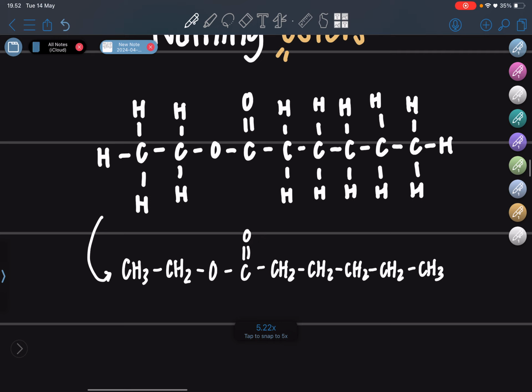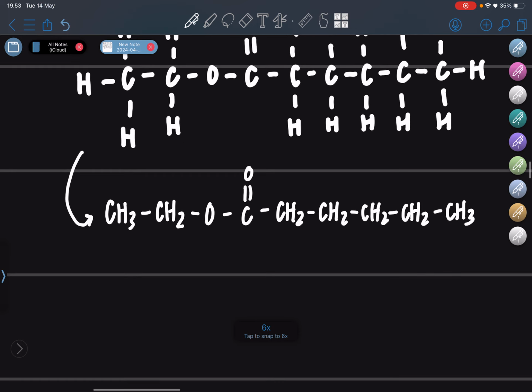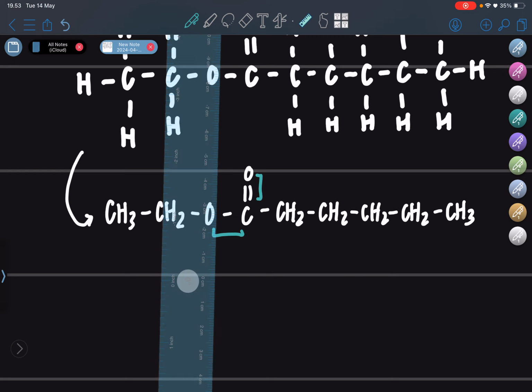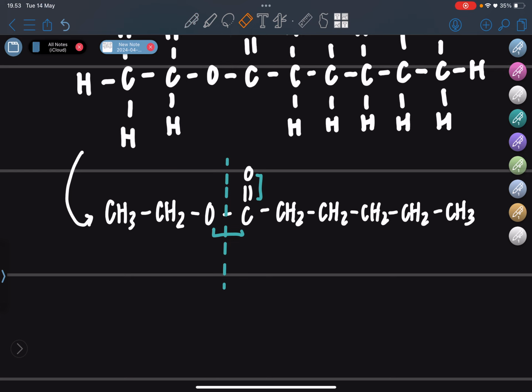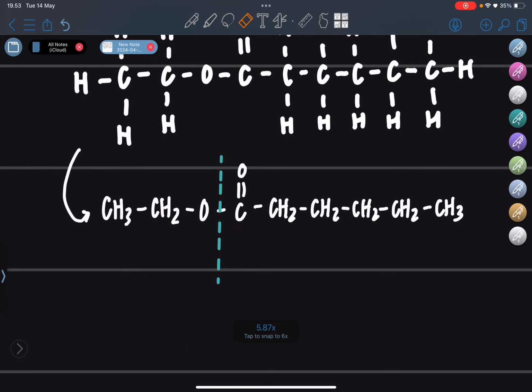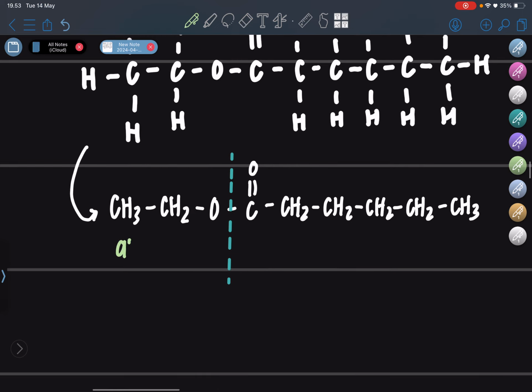So now that we simplified the displayed formula of this ester, we can now find the carbon atom that is double bonded with an oxygen, which means it's here, and then the oxygen atom that is only single bonded with the carbon, so here. Now we're going to split it between these two. So this bond over here, we're going to split it. Erase this, okay. So this split will later segment the alcohol side of the ester and also the carboxylic acid side